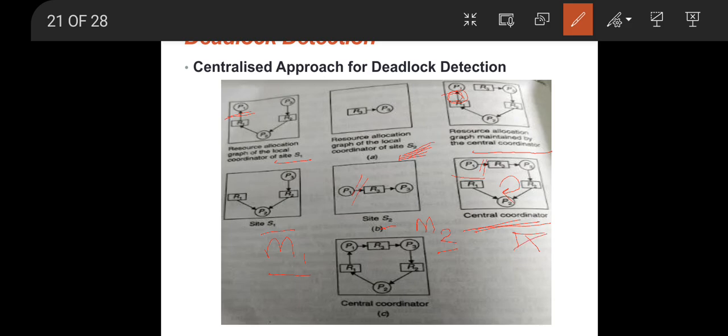Now there can be a problem: what if the messages are delivered to the central coordinator out of order because of delay in communicating the messages? The fact is M1 should be delivered before M2, but it may so happen that, because a distributed system, as I said, is implemented on top of a computer network, and a computer network suffers from various types of problems, one of them being communication delay, and because of this limitation, M2 is delivered to the central coordinator before M1. Then what will happen here is,